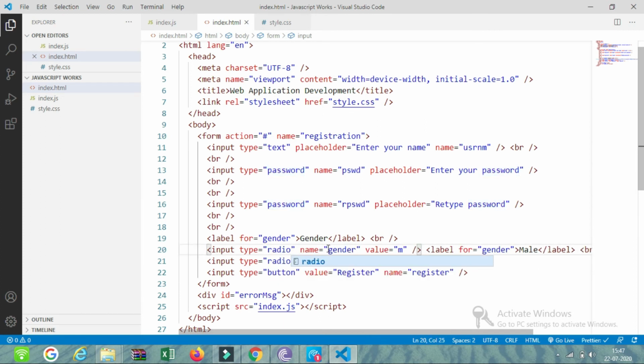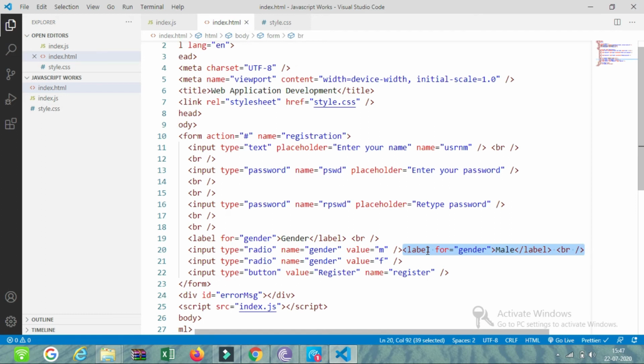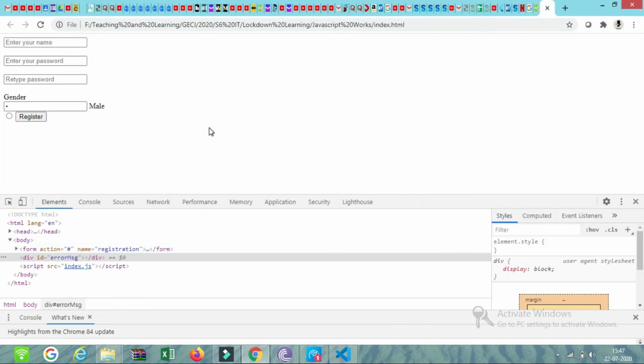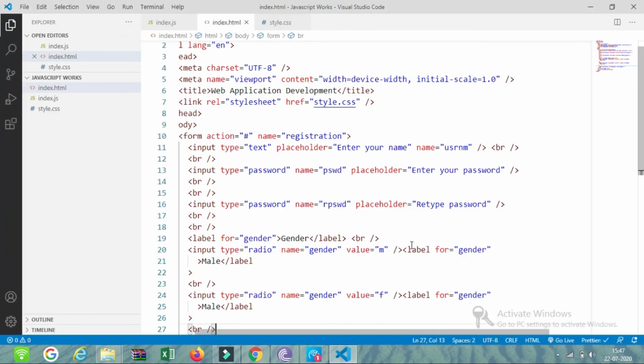We need to give it as radio. I will copy this and paste it here also. Okay. Now you can see, I'll refresh this. There are two buttons, male and male. It appeared male because here we have given it as male. Here we have to give it as female. Okay. Save it and refresh it.